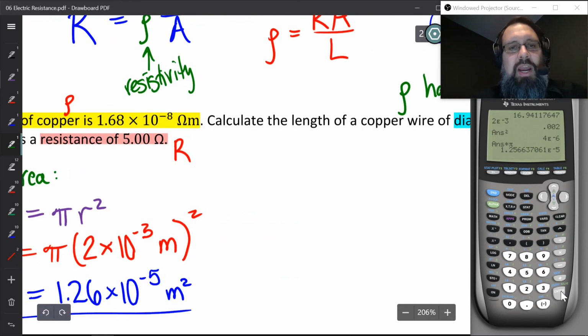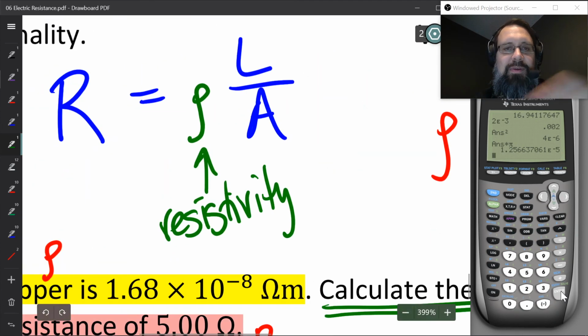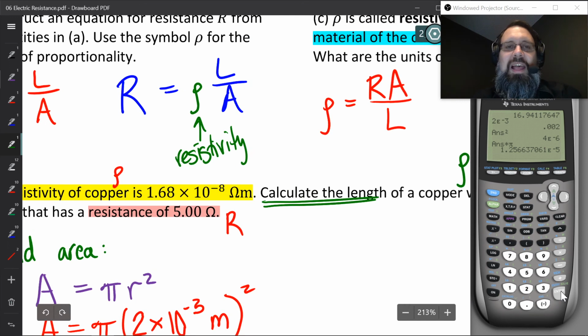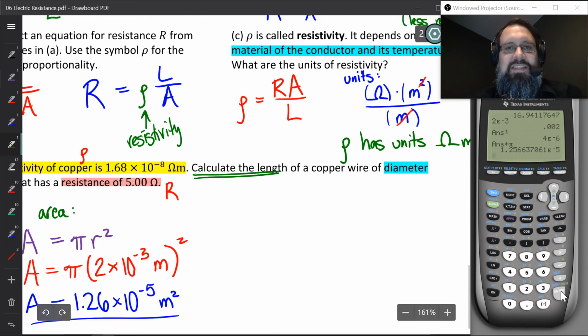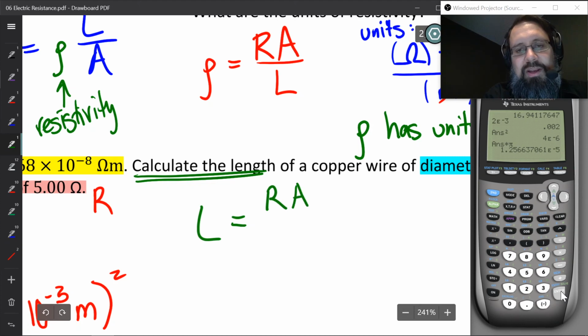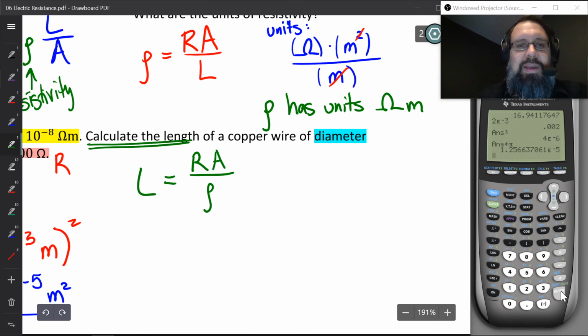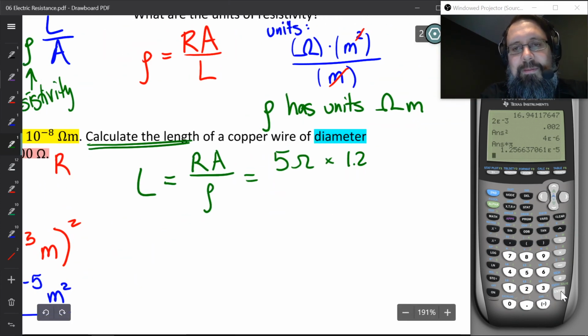Next, we are trying to calculate the length, which means we need to solve this equation, or this one, whatever one you want to use. We have to solve it for L. So we're going to multiply both sides by A and then divide both sides by the resistivity. So we get that L is equal to resistance times cross-sectional area divided by the resistivity. And all of this is stuff that we have now. We know the resistance is 5 ohms. We found the area just now. It was 1.26 times 10 negative 5